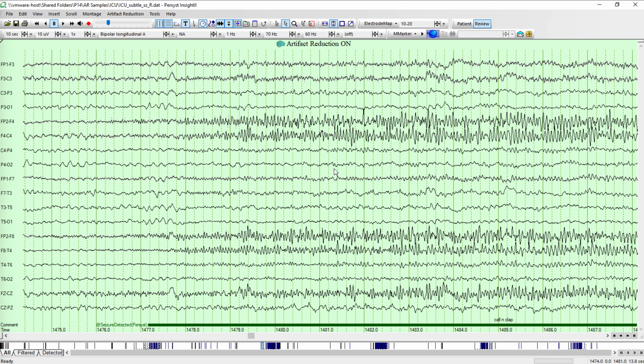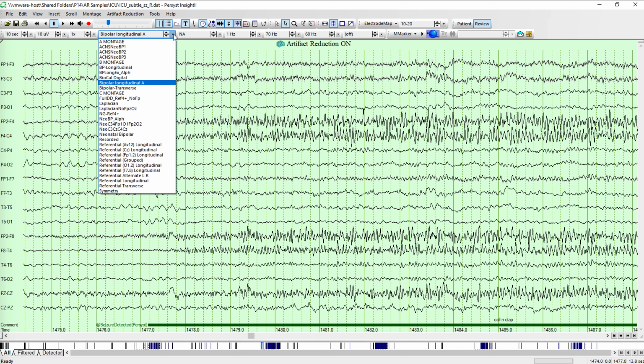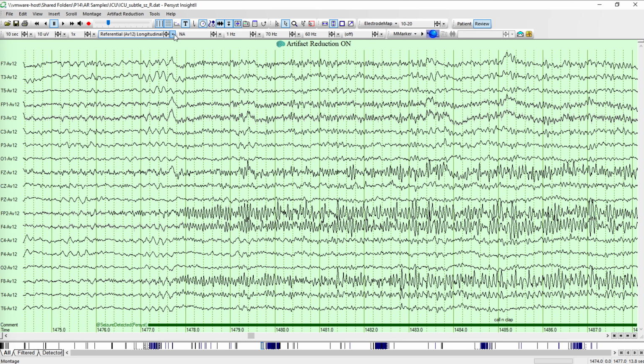So these are interfaces. This one is optimized for doing analysis on the EEG. There's lots of buttons, lots of controls. So it's optimized to do that sort of work. For instance, we'll go ahead and grab a referential montage. We use an average 12. You can use the Laplacian. Bipolar montages for mapping are rarely